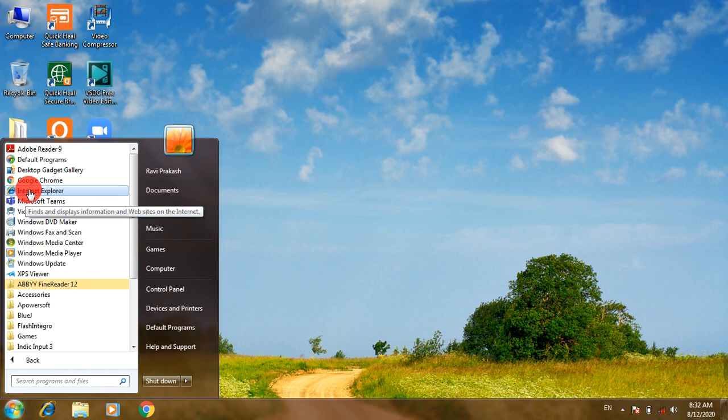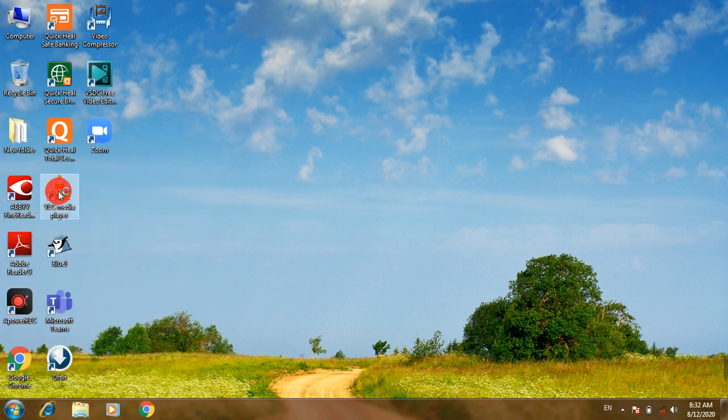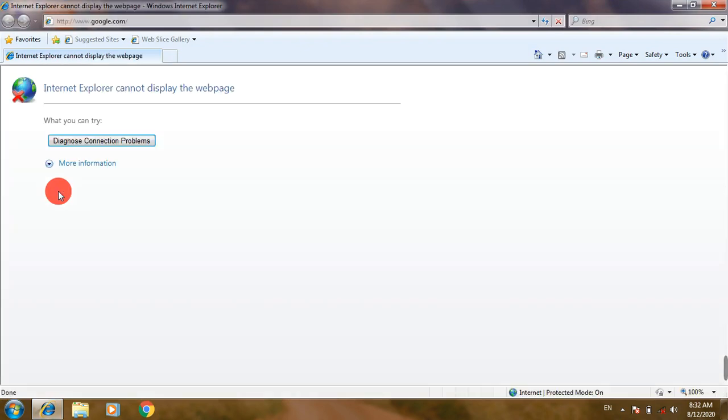Here you can see Internet Explorer, so just click here. Okay, so this is the window of Internet Explorer. When there is no internet connection in your computer, it will open like this.